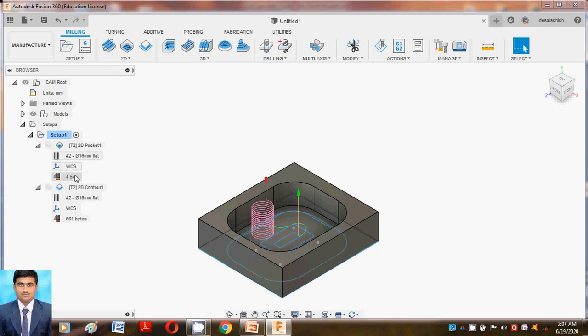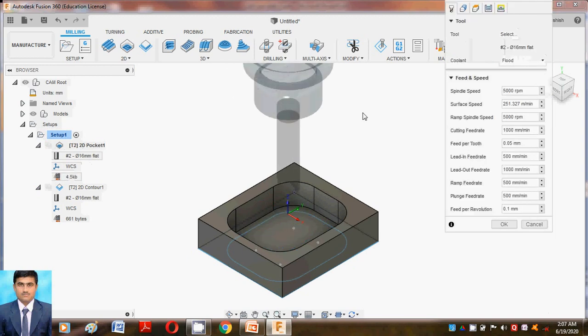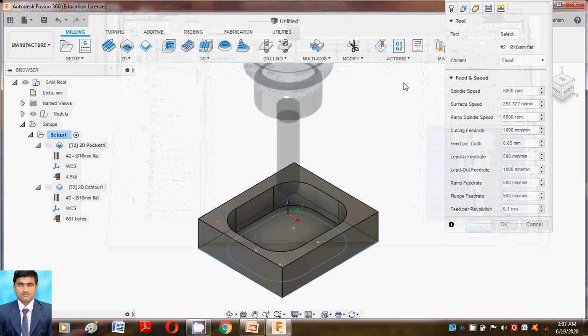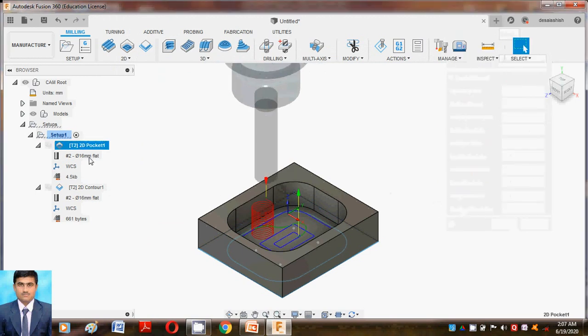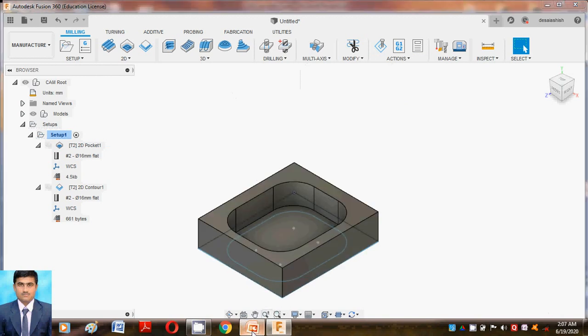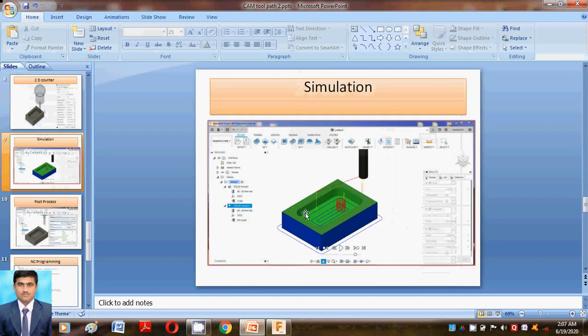If you enter in a 60 mm flat, suppose we have to change here. So directly you can click and change this operation that is selected. So likewise edit mode is also available with us. Then say OK. So first of all we simulate this path. So in the next slide this is simulation. So how to generate for 2D